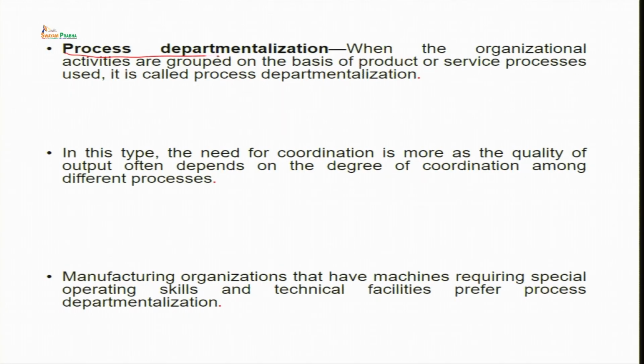The next in line is process departmentalization. So, when the organizational activities are grouped on the basis of product, service, or process used, it is called process departmentalization. In this type of organization, the need for coordination is more, as quality of output often depends on the degree of coordination amongst the different processes. So, usually you can have technical functions